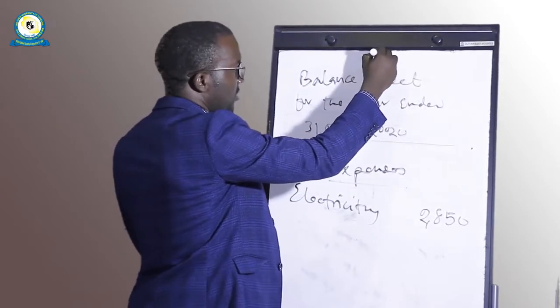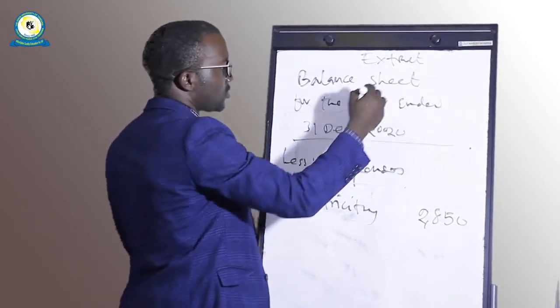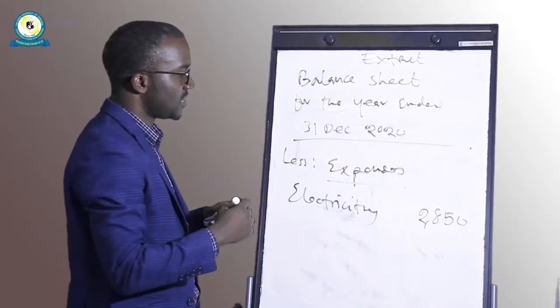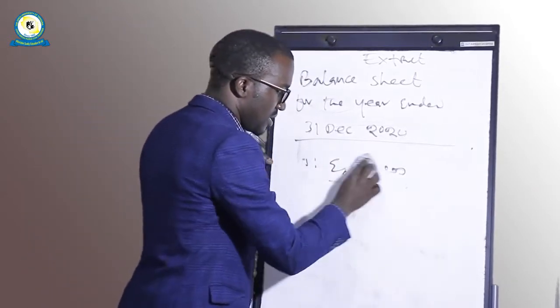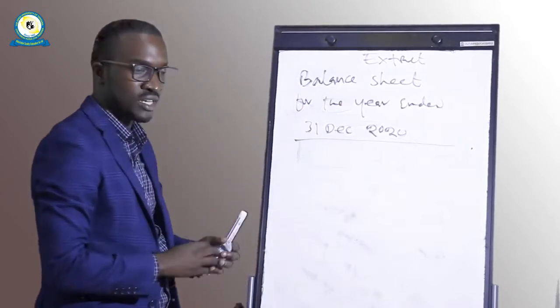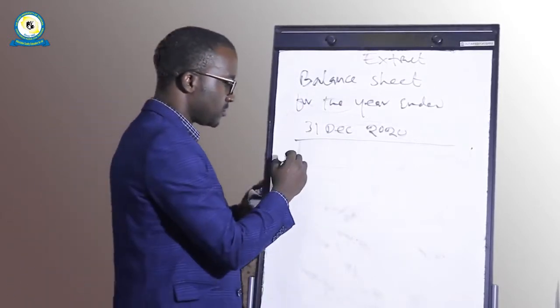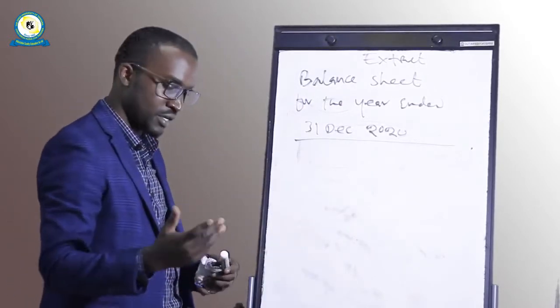Extract. Remember, this is an extract. Extract balance sheet for the year ended 31st December 2020. But here again, you are going to take that figure to the current liabilities, because with the balance sheet, remember I've been telling you from the previous lecture,